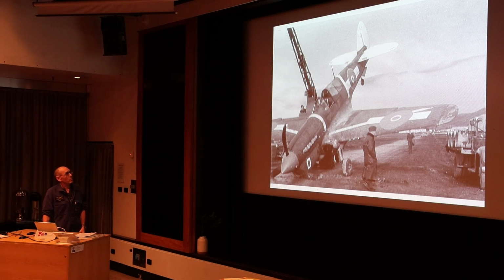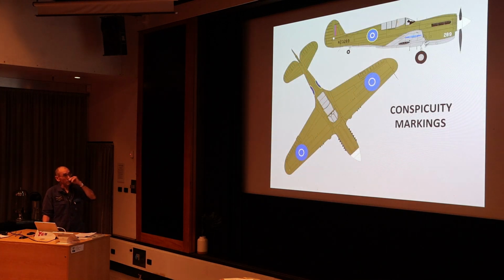We've got white stripes all over the place. We've got a white tail. We've got American star and bar type markings. How we got to that was over a period of time during the operations in the Pacific, specifically with the Kitty Hawks, that they started with an all over camouflage pattern or olive drab all over scheme like this,